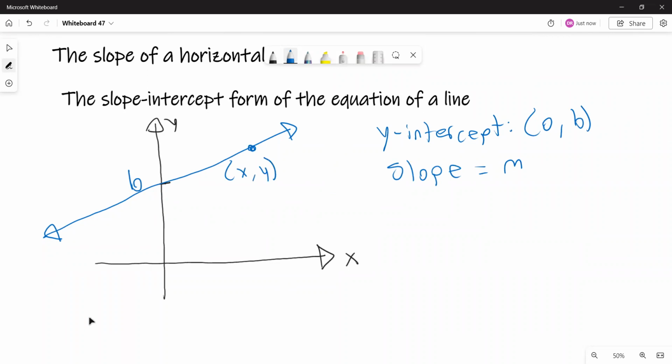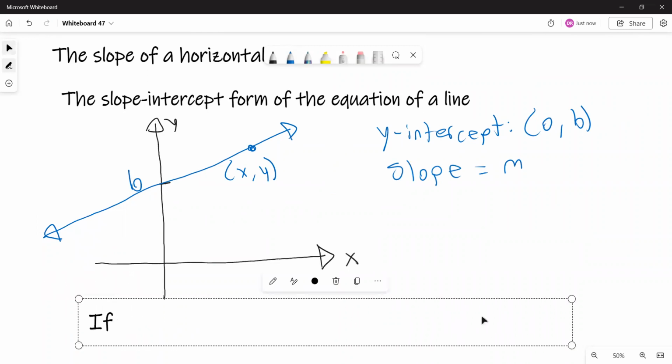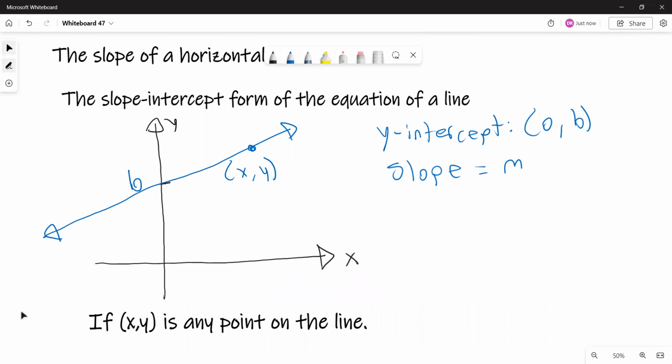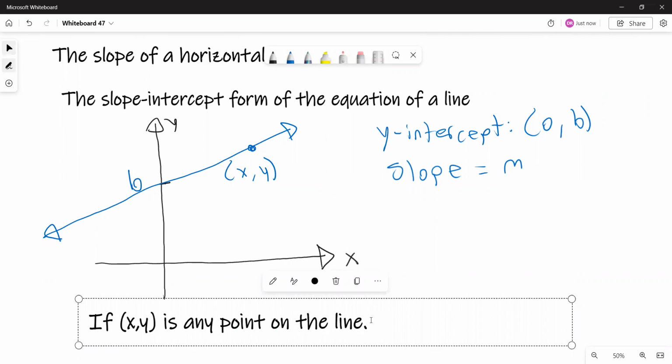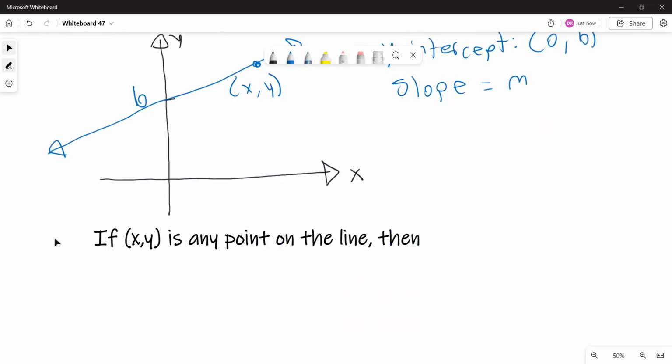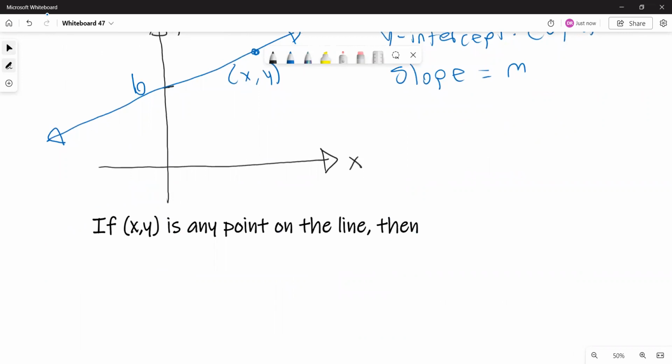So if (x, y) is any point on the line, then the slope formula says that,